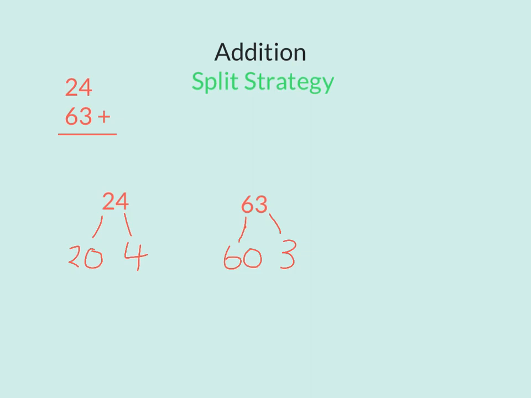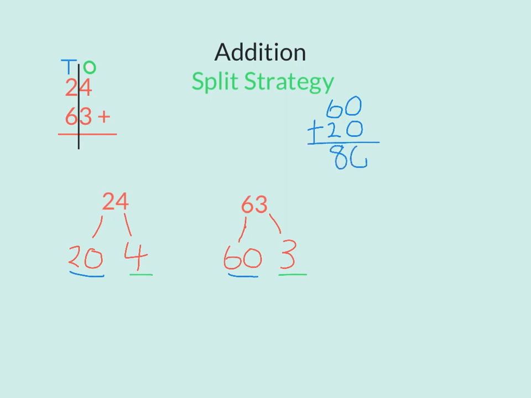Okay, so now we've split or partitioned our numbers up into the tens values and also into the ones values there. So to finish off our problem, we need to start adding our tens together. So 60 and 20